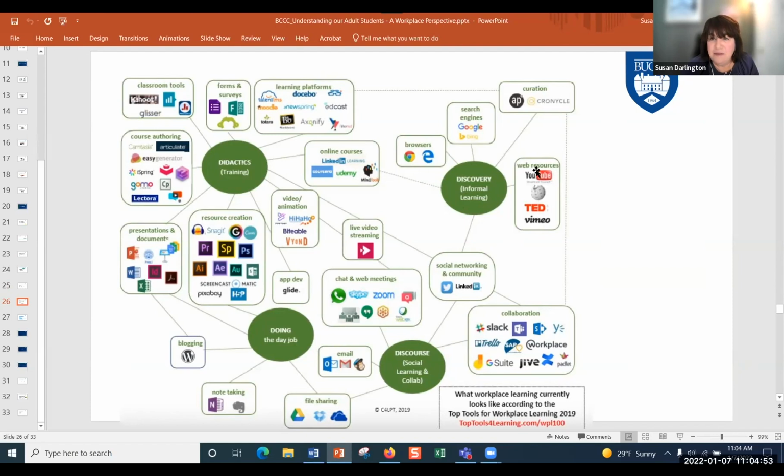Google and TED and YouTube. These are the tools for social networking. We use Slack here a lot, LinkedIn, Twitter, Zoom, and a lot of them overlap. You know, tools can be used for a multitude of purposes. So you can use tools for note-taking, file sharing, and emailing, but some of them are also used for presentations and tasks driven.